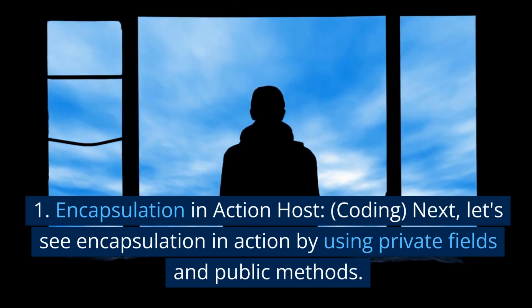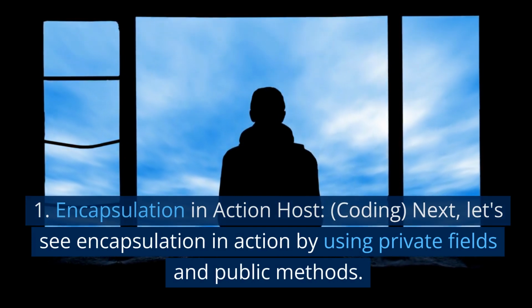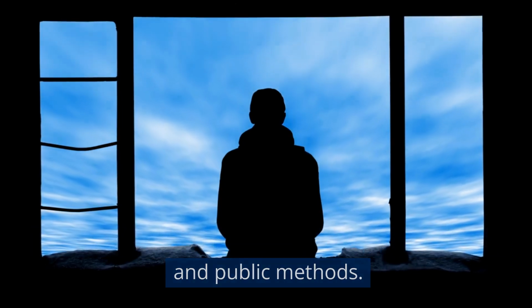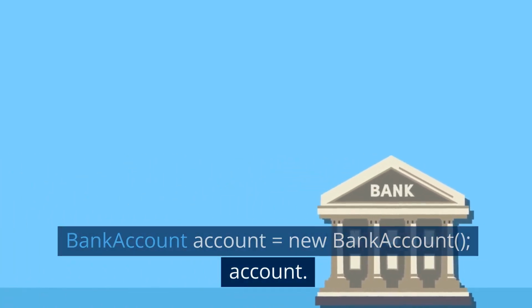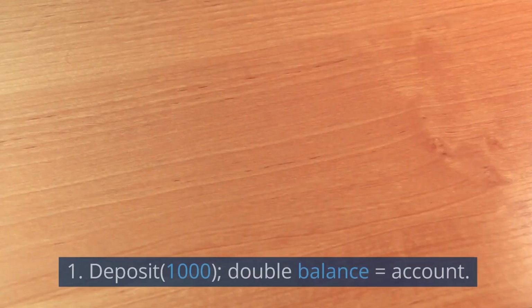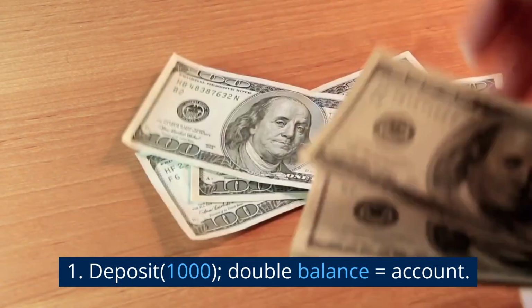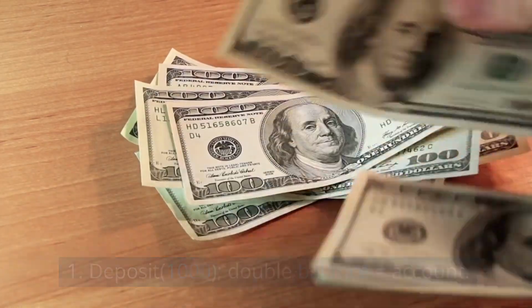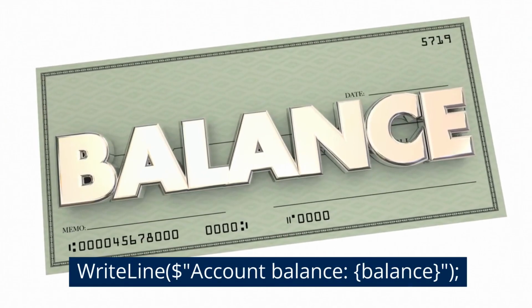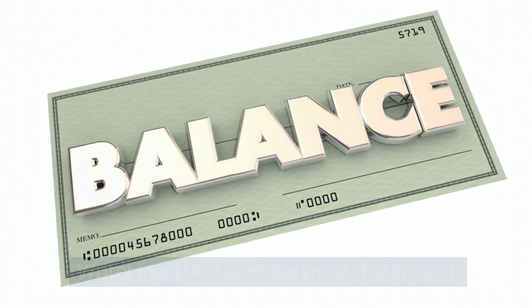2. Encapsulation in action. Next, let's see encapsulation in action by using private fields and public methods. Example: BankAccount account = new BankAccount(); account.Deposit(1000); double balance = account.GetBalance(); Console.WriteLine($"Account balance: {balance}");